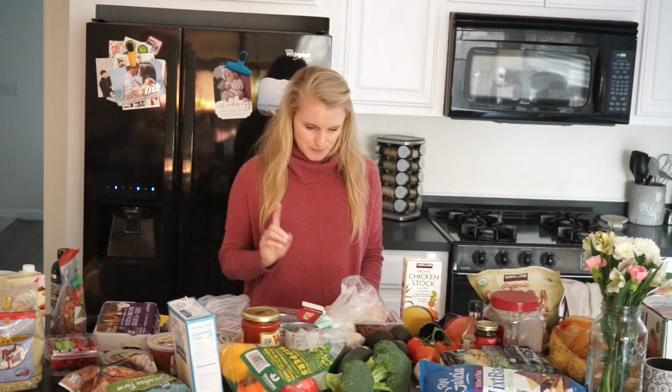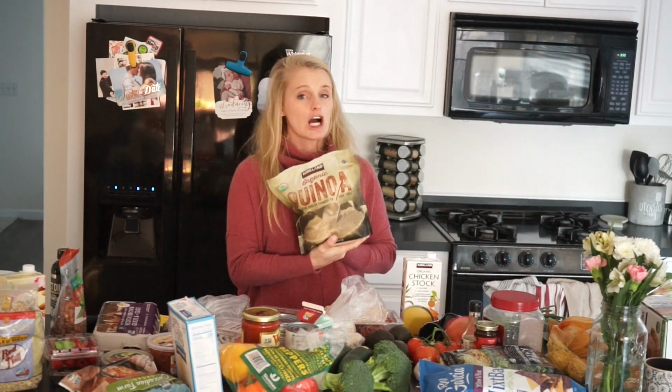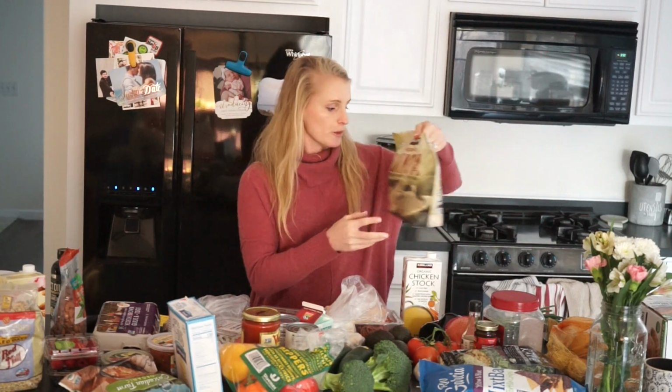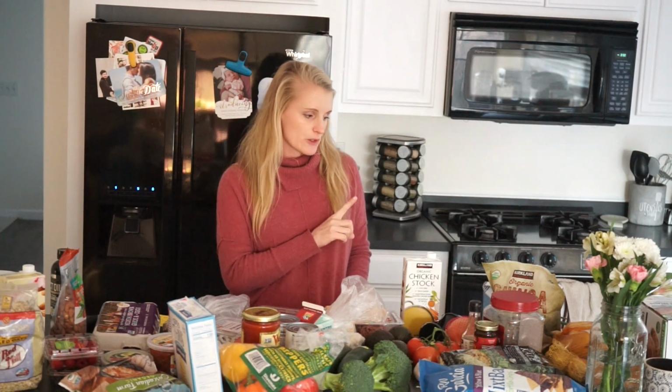So with this one, basically what you do, we always have the big bag of quinoa from Costco. This one's a pretty new bag. You can tell it's pretty full, but we do go through that fairly often. I'll sometimes even use quinoa in place of oats for oatmeal. And so this time what we're doing with the quinoa is you put it at the bottom of the pan,